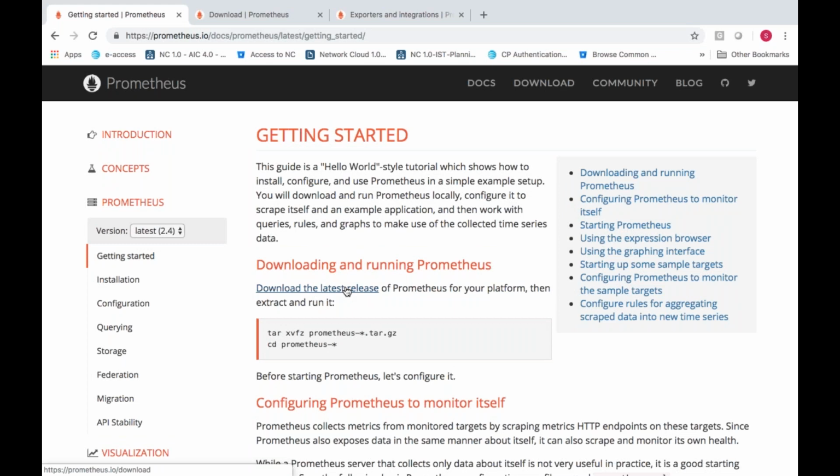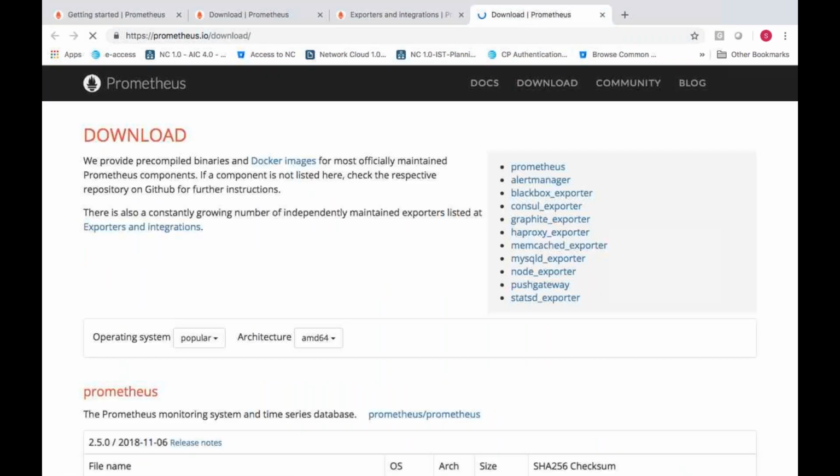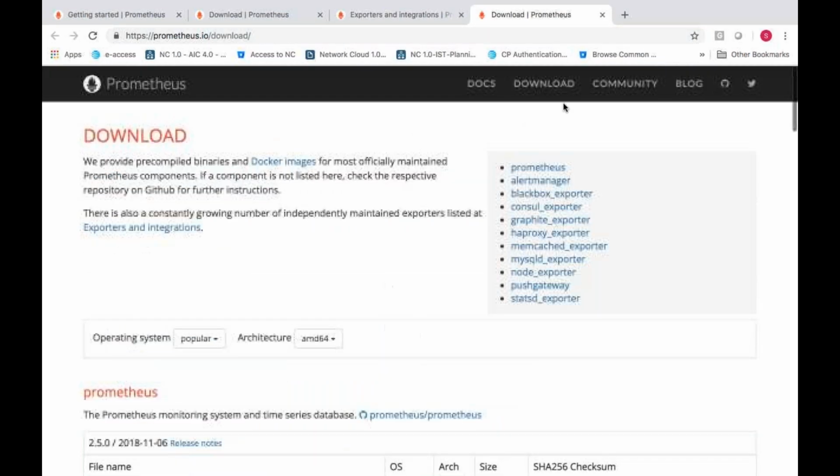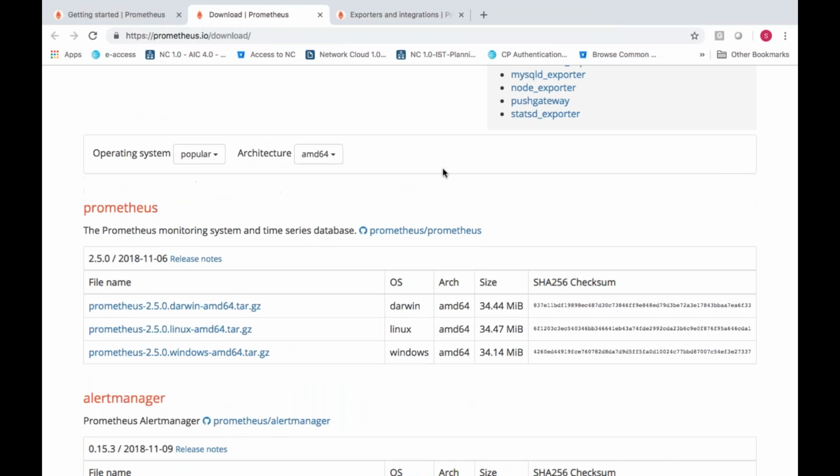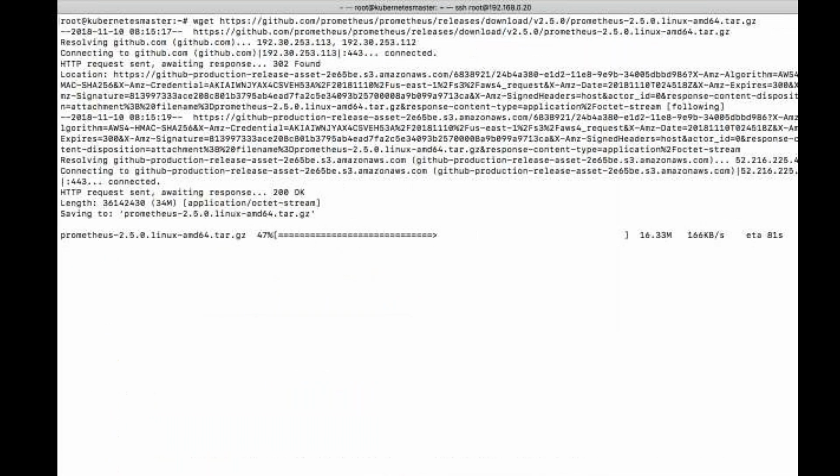Even if you click here, it will go to that download link only. That's the reason I directly showed you the download. Still downloading.